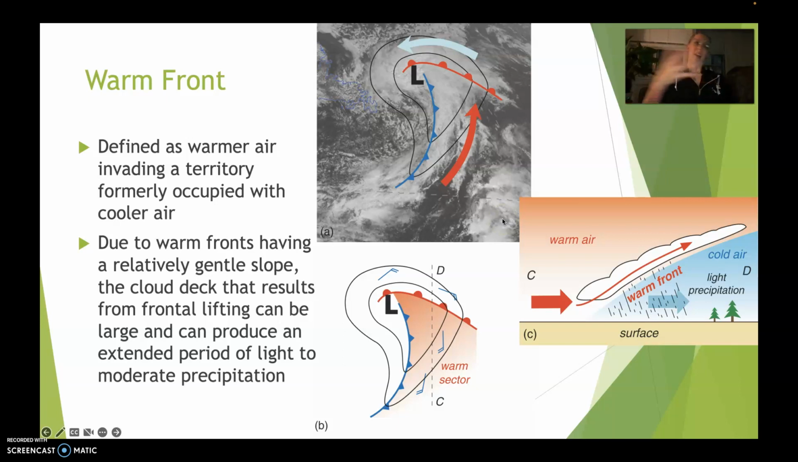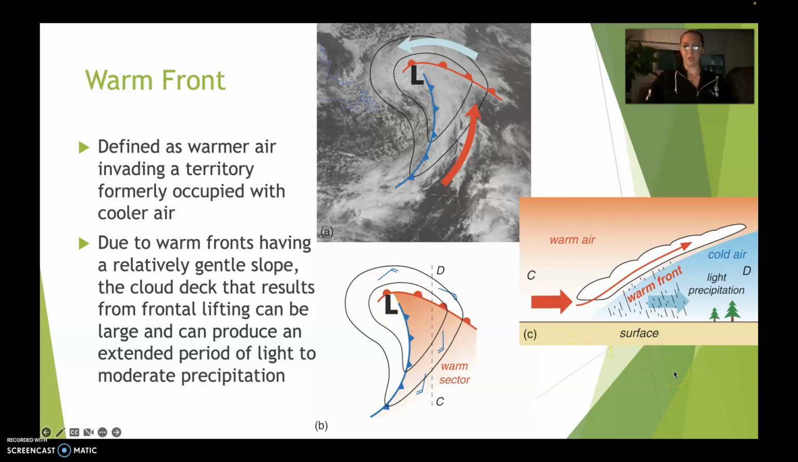Warm fronts, again, going into this idea of warmer air invading the territory of formerly occupied cooler air. And again, because they have a much gentler slope, as we can see in this schematic here on the right, the cloud deck that results from frontal lifting can be much larger and have an extended period of light to moderate precipitation, as opposed to these really intense thunderstorms that we would see ahead of a cold front, which is what this is trying to show here in this satellite image. And then this schematic here as well. So also just want to point out while we're here, notice this counterclockwise motion around the center of low pressure